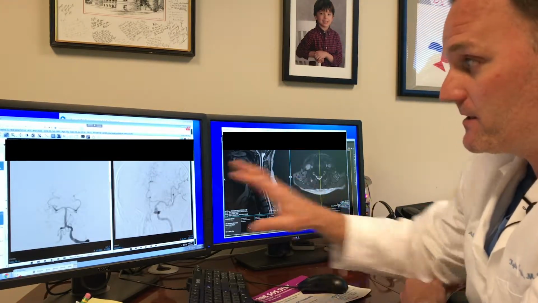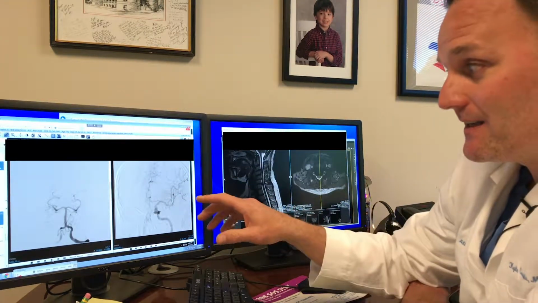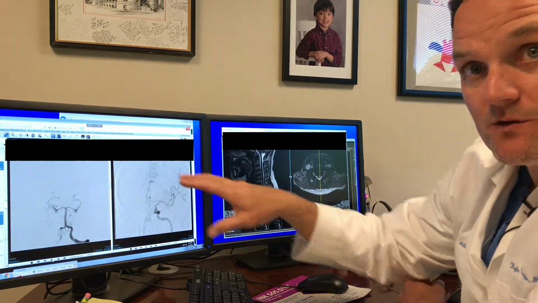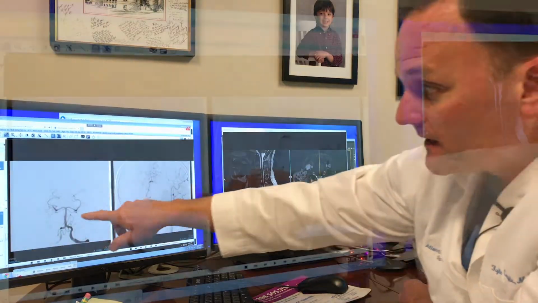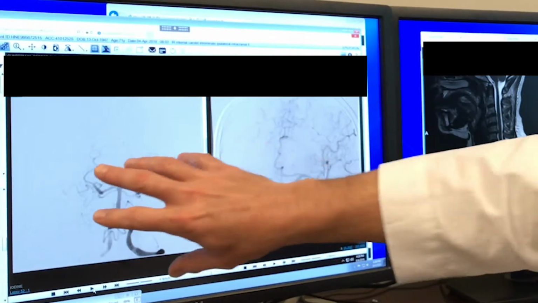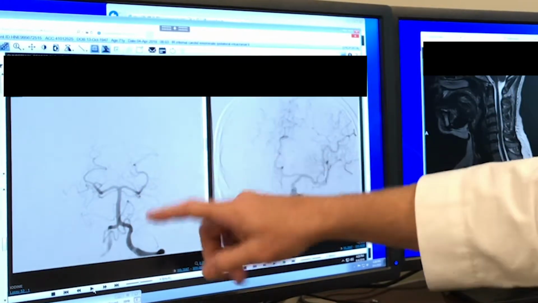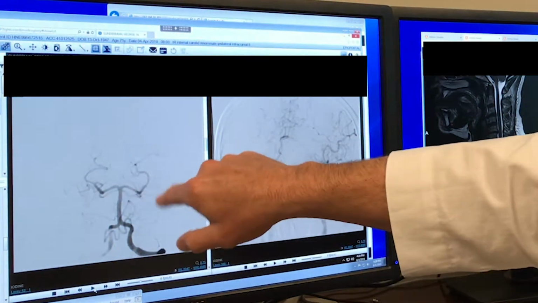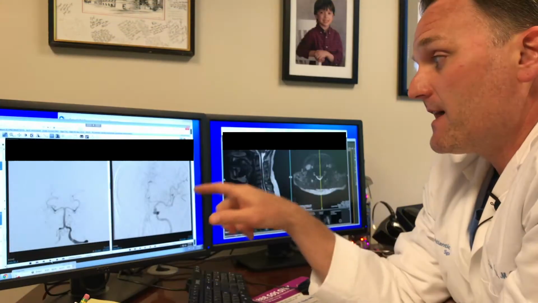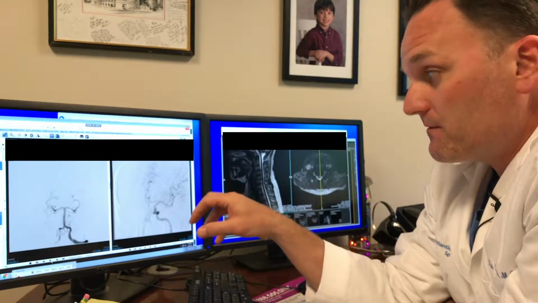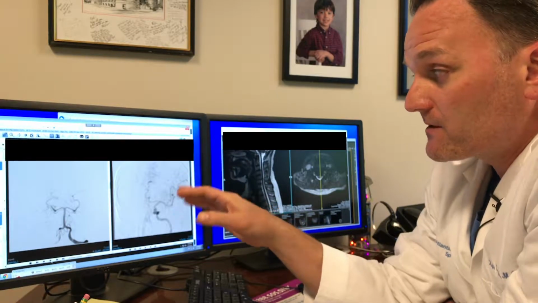But what an angiogram actually is, we just need to get dye flowing in the blood flow to the blood vessels. The dye flows with the blood and kind of fills up the blood vessels, and then we take these essentially X-ray videos, and that shows the flow of the dye through. And that dye, because it flows with the blood, it shows us the caliber, the size, the shape, and the